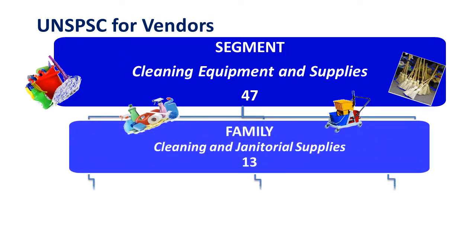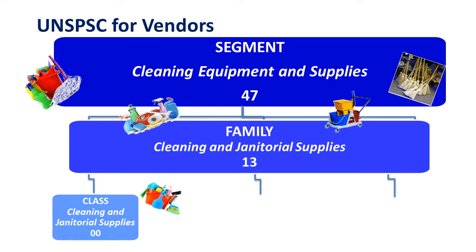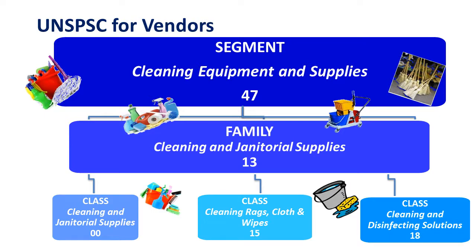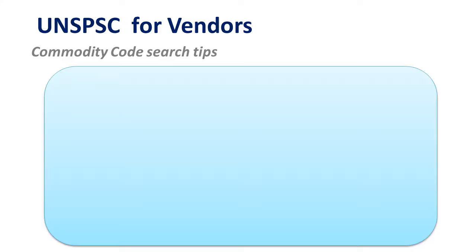Family is a grouping of classes that share similar characteristics of interrelated commodities. Class is a group of commodities sharing a common use or function. At this level of the classification, there is a logical relationship to the family level. Segment Family 4713 comprises several different class levels. Each segment family grouping has a general class coding, 00. Vendors can select broad or general categories rather than specifics.